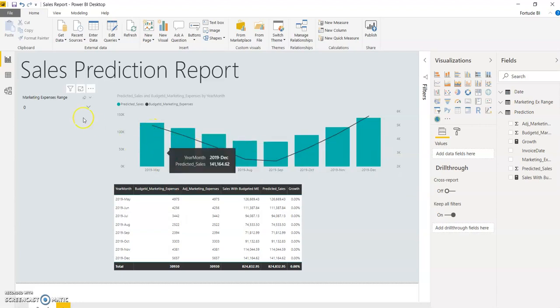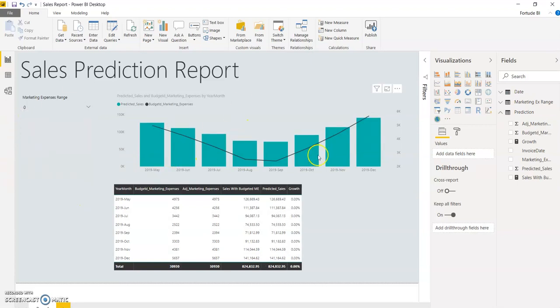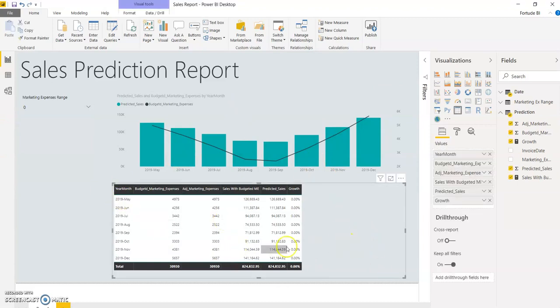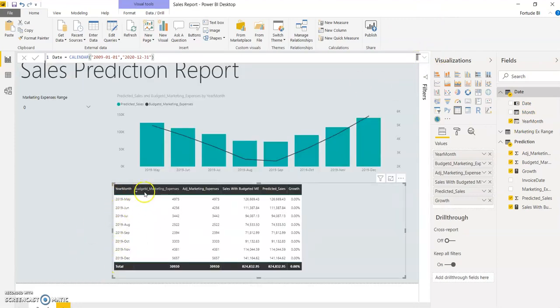You can see here, if I increase that amount by 1,000, these bars get changed, right? There are increases and also decreases. Now let's set it to 0, and here you can see another visual, a table that I added to explain this in detail. Here I added year month from the calendar dimension, the date dimension. Now you can see year month and budgeted expenses. This is the initial budgeted allocation for this month, and ADJ marketing expenses, that is the adjustment to allocated marketing